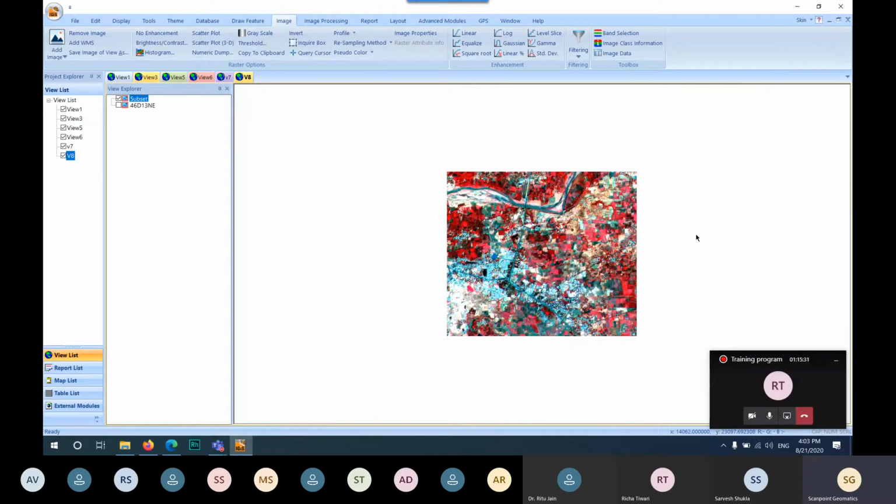The satellite sensor can detect that reflected light and convert it from analog format to digital format. The digital format is known as the digital number, that is called the DN number. Okay, sir.